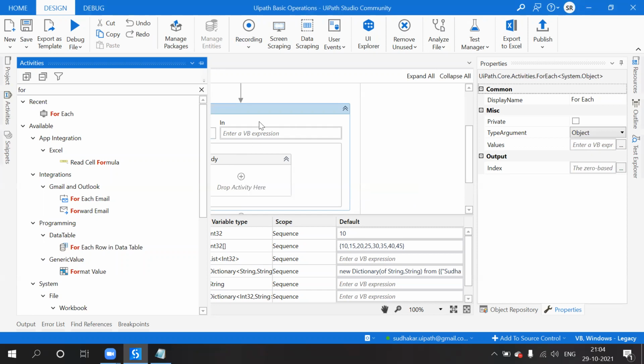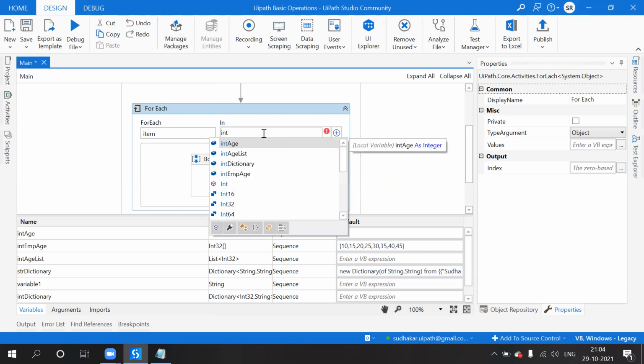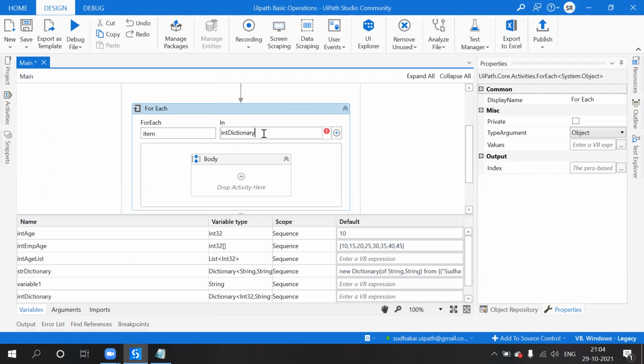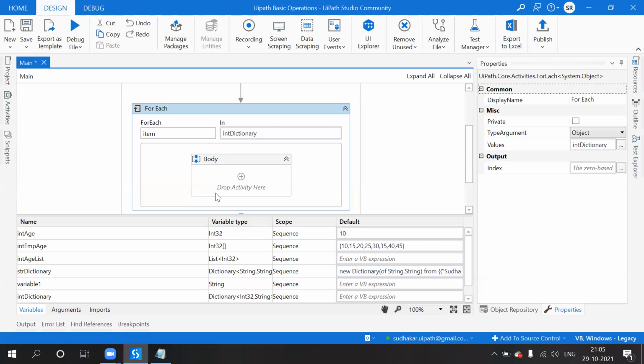Don't worry about the different terminologies used in the dictionary. So I use a for each loop and do it like this.